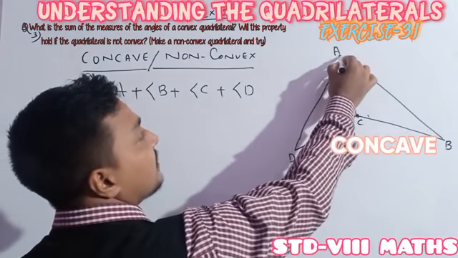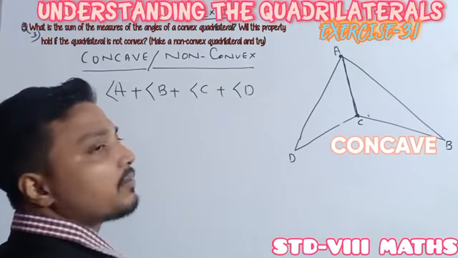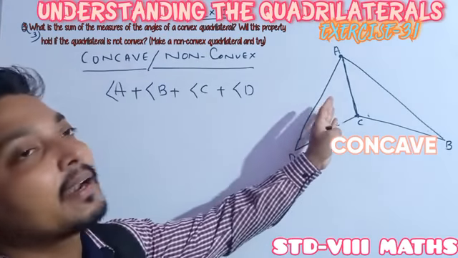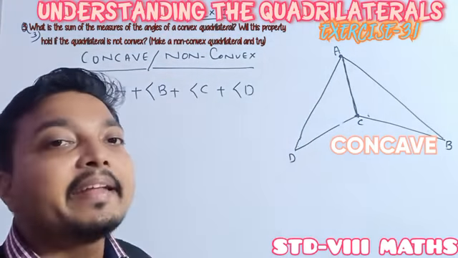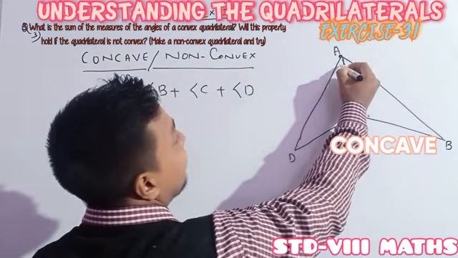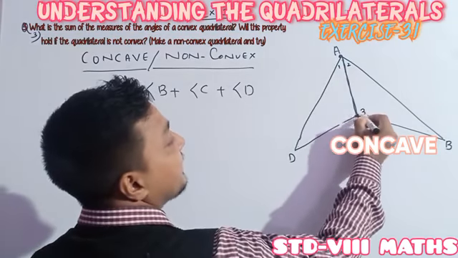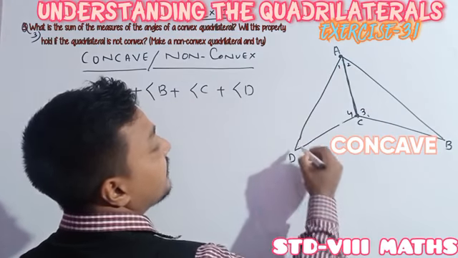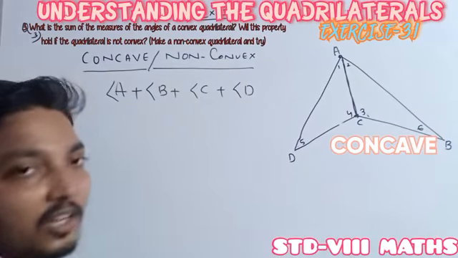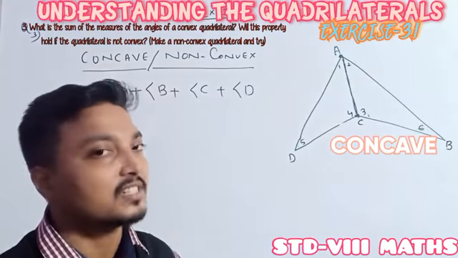Non-adjacent vertices. The line segment joining the non-adjacent vertices is called a diagonal. Whenever I draw the diagonal, the quadrilateral becomes divided into two triangles. See, this angle I am writing as 1, this one 2, this one 3, this one 4, this one 5, and this one 6. Understood? Previously how we have done, in the same way we just have to proceed.